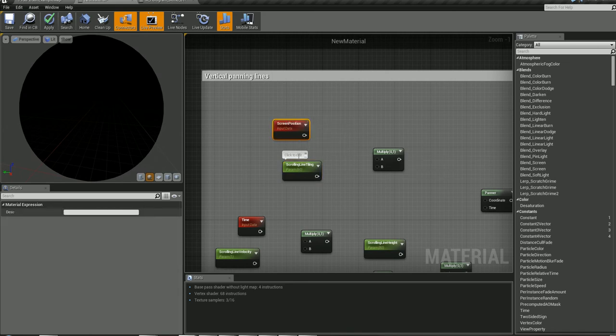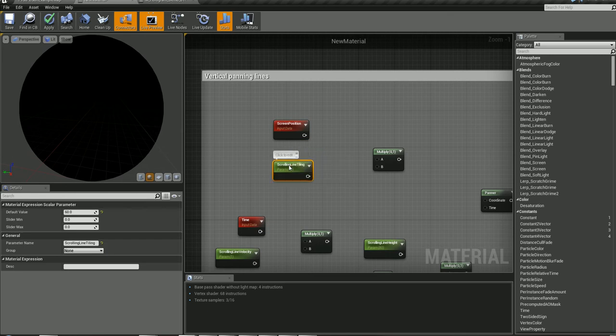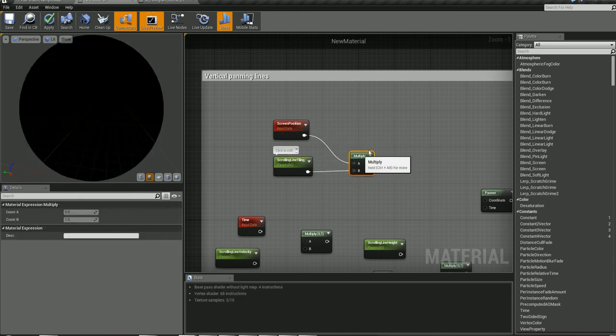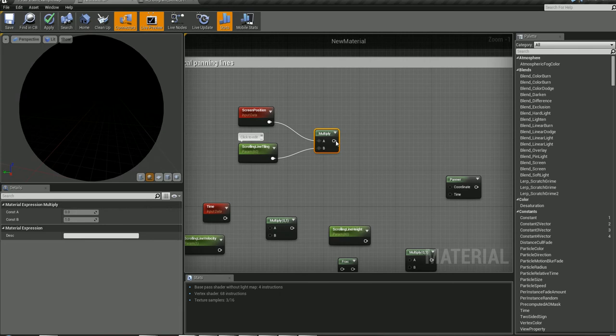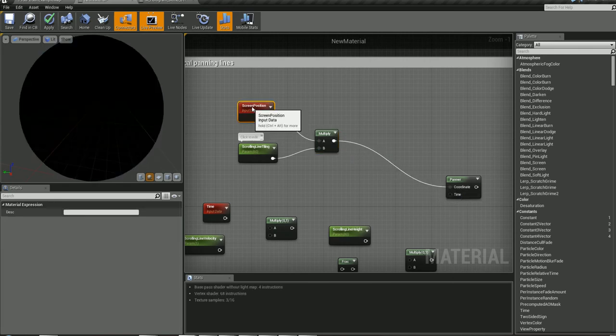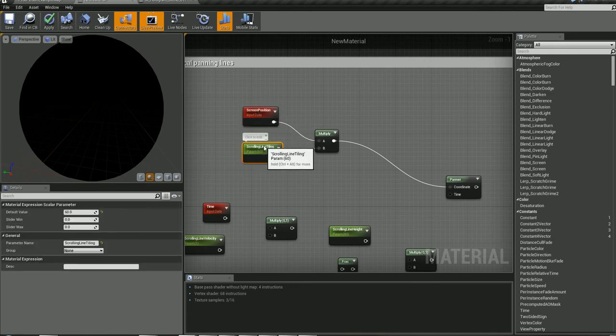By himself, he does nothing. This guy, the scalar parameter, by himself does nothing also. But what we need to do is plug them into the multiply to get them to have a relationship now. The multiply is going to be used as kind of a bridge in a way, and it's going to grab both of these parameters and allow us to plug it into our panner coordinates. So we can now see the position of the camera and the scroll tiling here of our